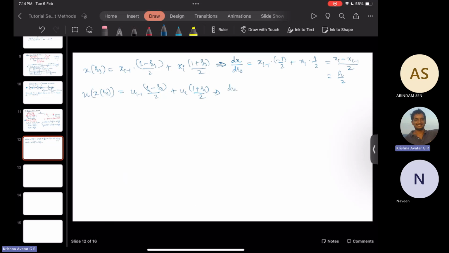Now du by dz is also equal to, okay, first let me have du by dx. This will be equal to du by dz dot dz by dx. Now du by dz we can easily find from here. So it is ui minus 1 dot minus 1 by 2 plus ui